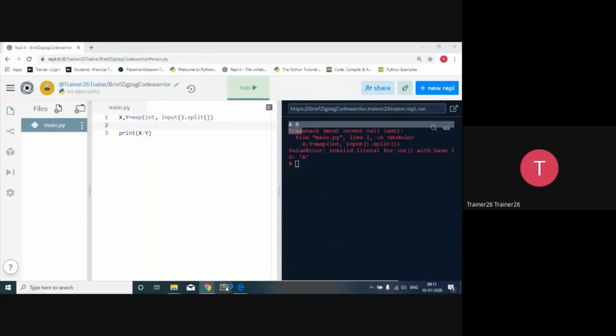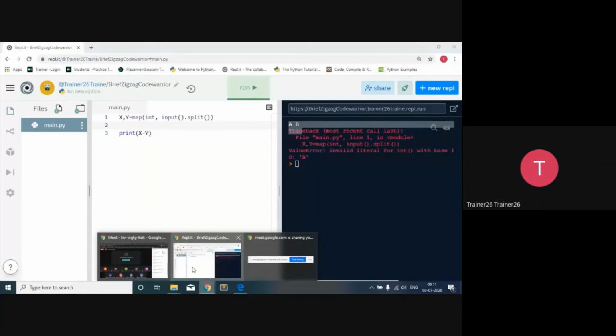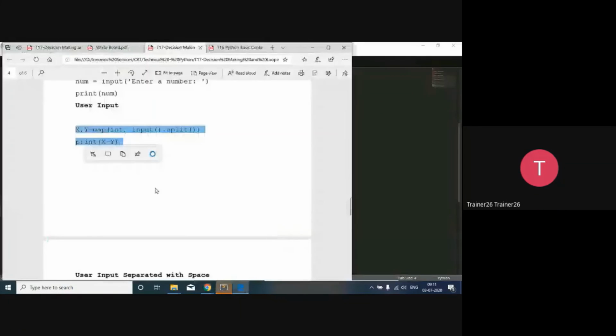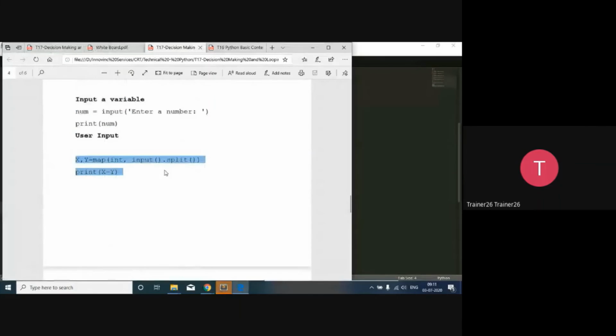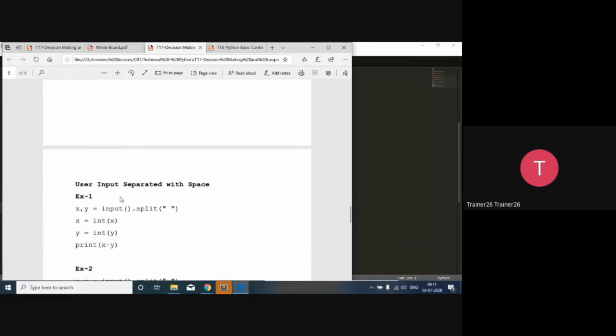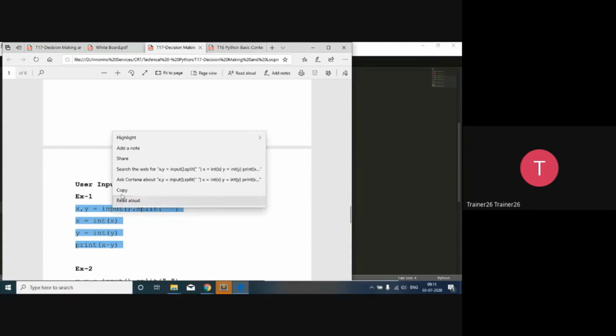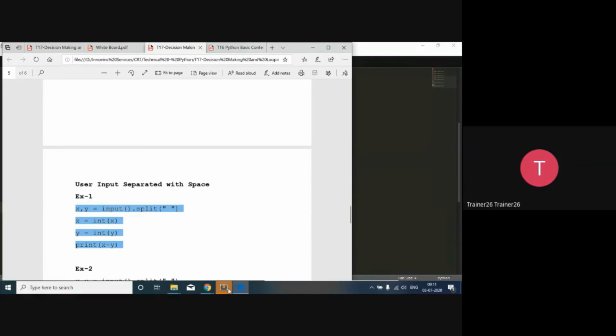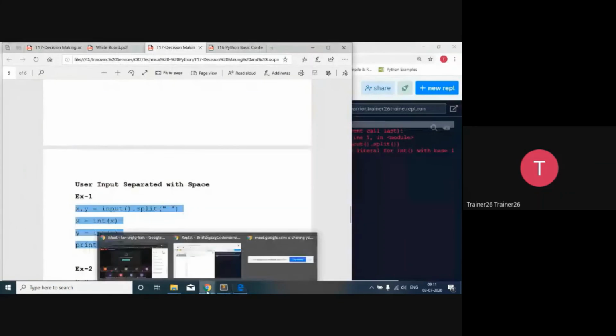So always make sure that whenever you write code and try to read something, the one concept that is going to come is typecasting. We are actually typecasting it. So it's always better that you read the input first and then typecast it as per your requirement. And then cross check it. So let's take an example over here.